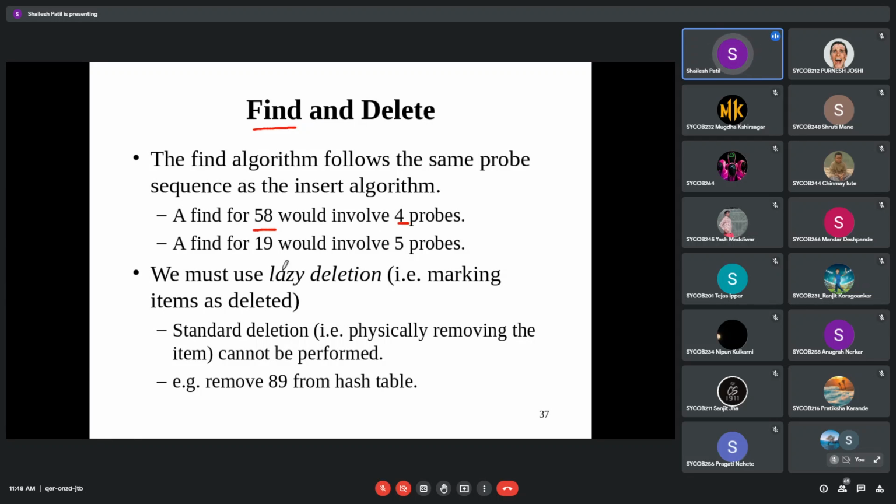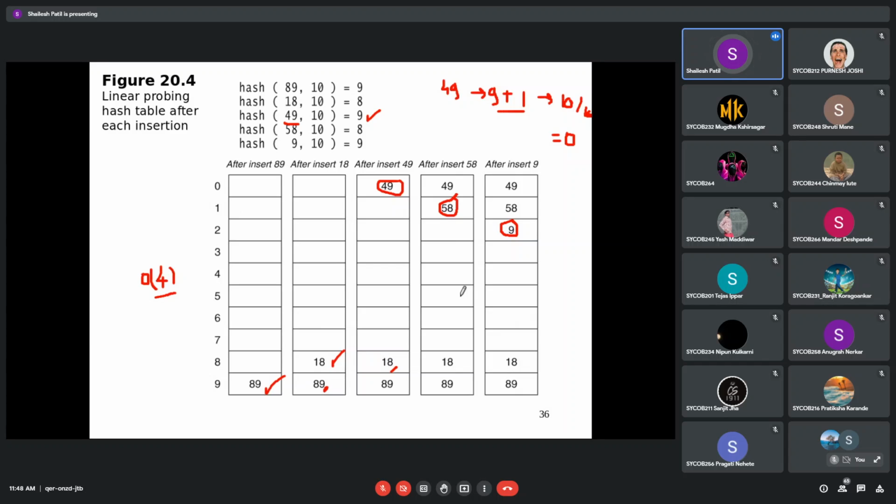Will deletion need the same time in this table? No, sir. Okay, why no? And what should be done then?